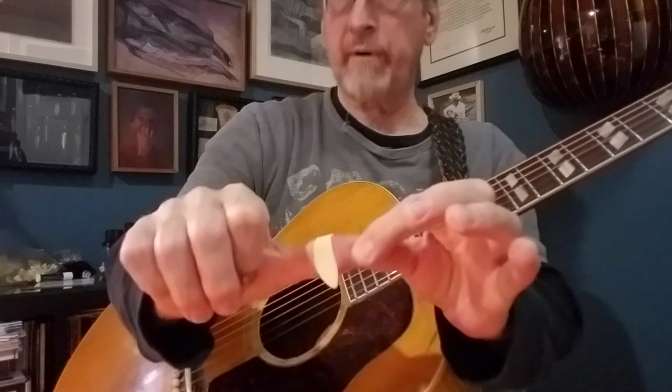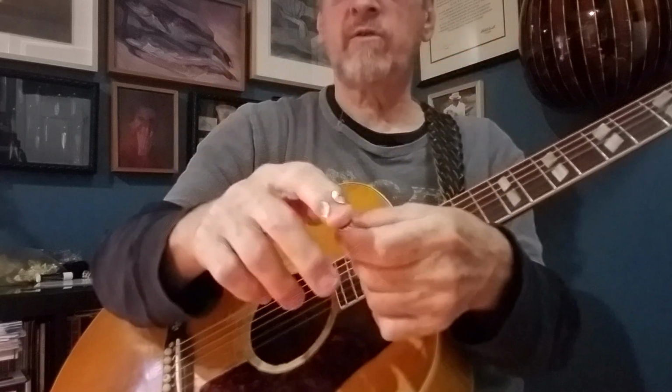Like in between songs, I take the pick off. Jorma Kaukonen told me he has to do it all the time. You know, take the pick off, get some blood flow back in there. So it's common. And so the end of your thumb might turn a little purple, but it shouldn't be so uncomfortable. You can stretch the pick out like this to get a little more flex into it